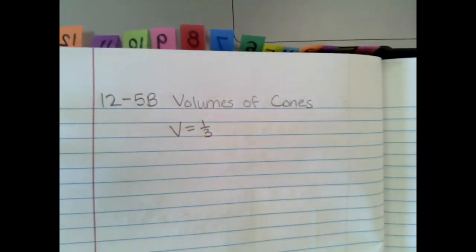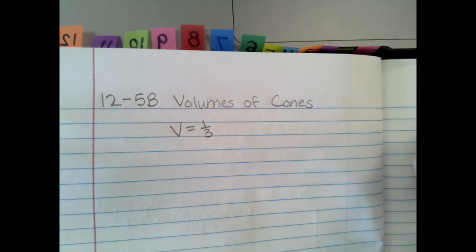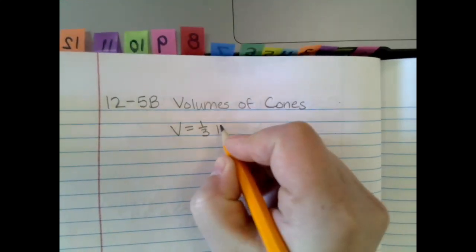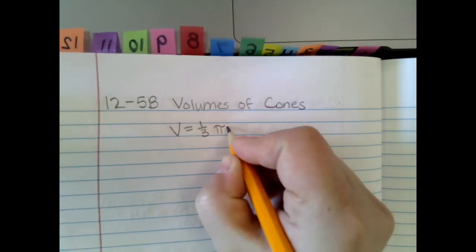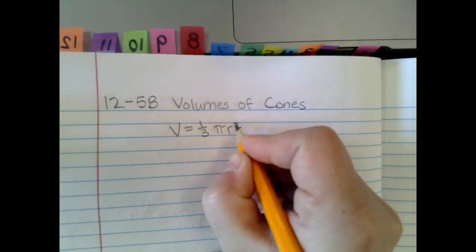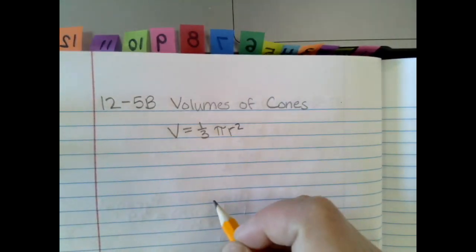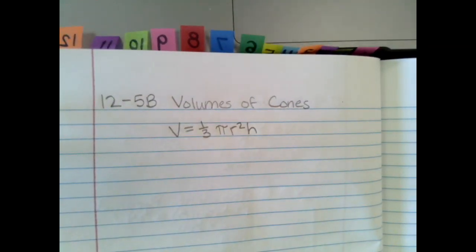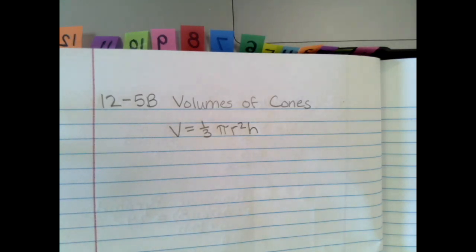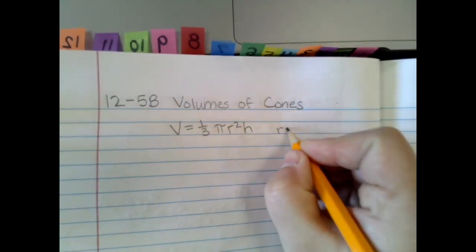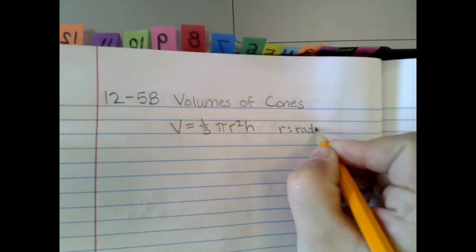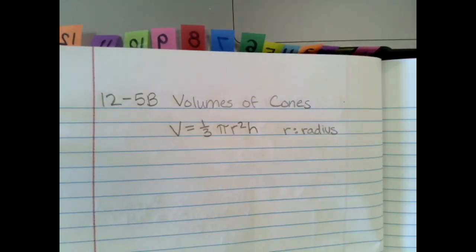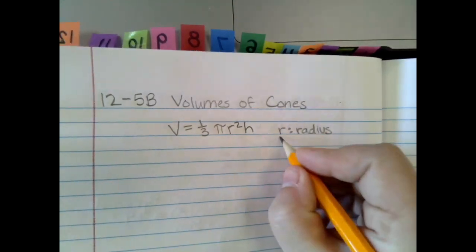So V equals 1/3. But for area of the base, again, we have a circle. So instead of putting a capital B for area of base, how would we find the area of a circle? Pi r squared. So that's just going in place of the B, the capital B, and then times h. So we're just finding the two things. We're finding r is radius, and h is